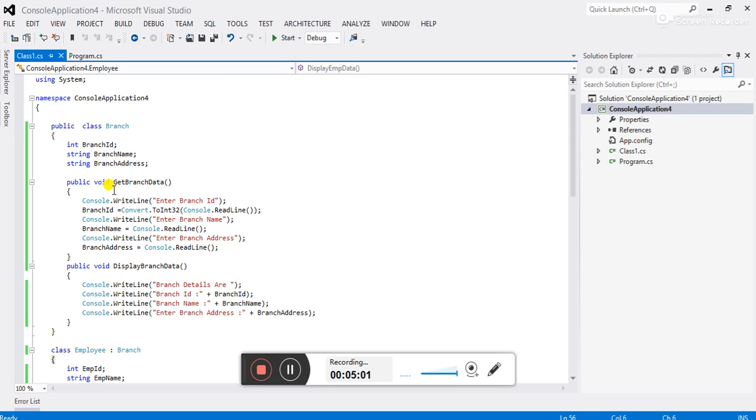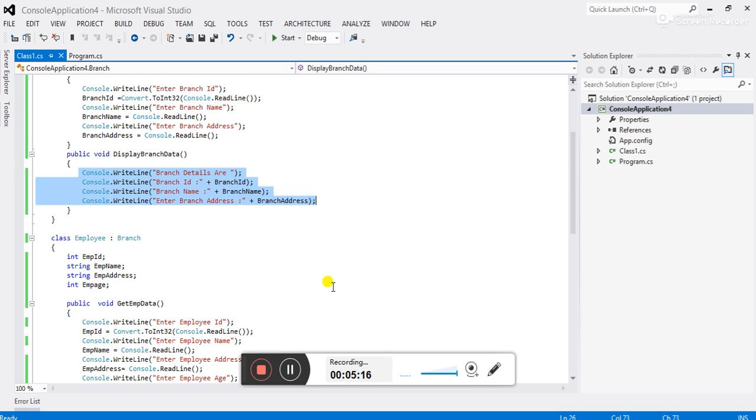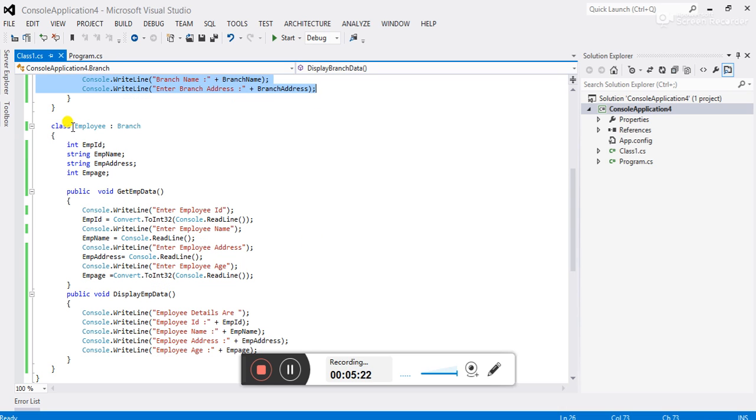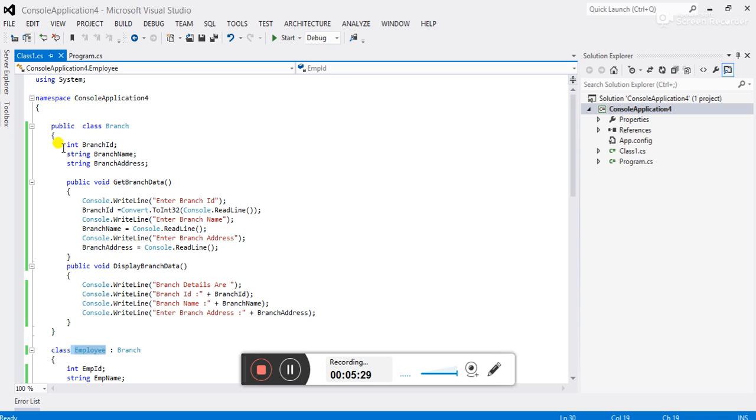To read the input, we have declared the branch data function, where we take the input from the user, and to display the data on the console screen we are using the display branch data function. And to get computerized employee detail, we created a new class, the employee class, and we are inheriting the branch class, so we can access the base class functions also.